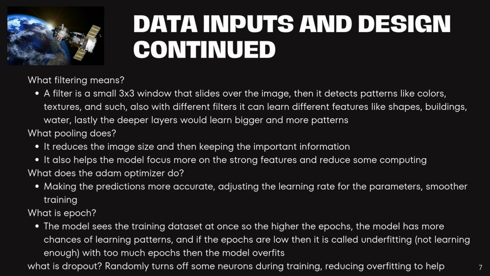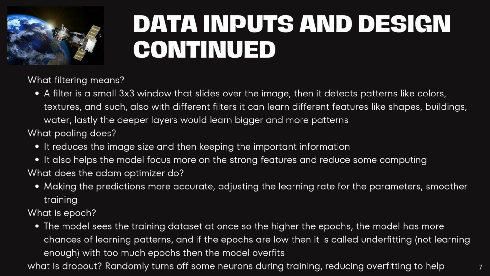So what is filtering? Like I mentioned, convolution 2D filtering is a small 3x3 window that can slide over the image, and it takes patterns like colors and textures, so it can learn different features like shapes, buildings, and water around the EuroSAT data set that I had. It learns by sliding the window, and the more patterns, the bigger the features it learns. So pooling reduces the image size and also keeps the important information,